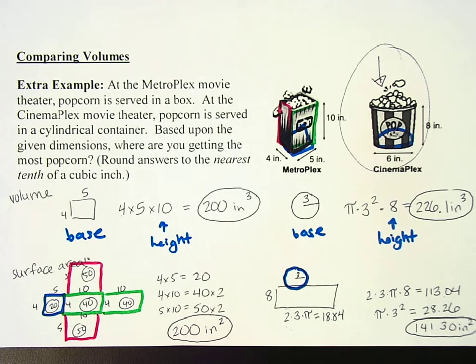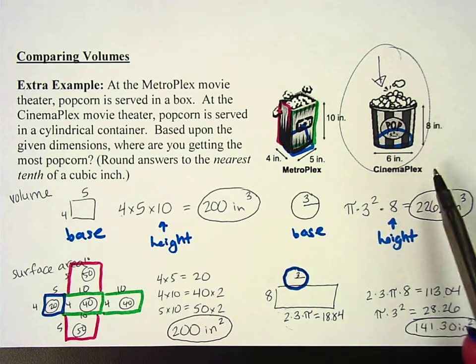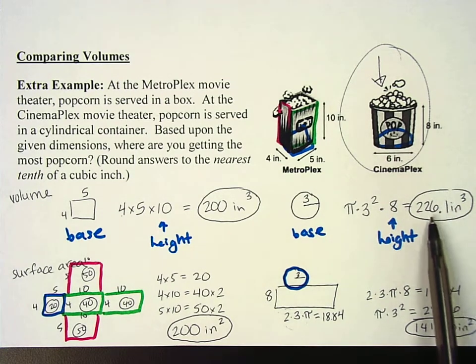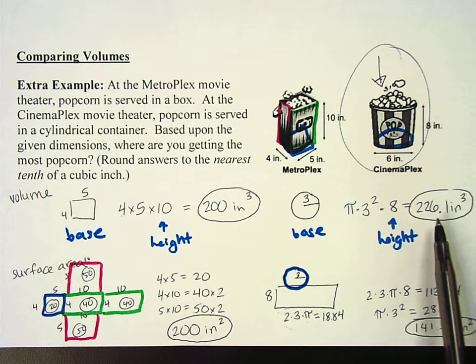Okay. So keep in mind, for the project, we're analyzing which one's better. You want a big surface area, that would cost you more money. Okay, bigger volume is the bigger container for how much is inside. Okay, so if I want the most volume, the biggest area inside of my box, the most that my container could hold, okay, but I'm actually looking for a smaller surface area because that's going to require less cardboard for me to make it. Okay, so in this case, if I was the movie theater selling it, it would cost me more for the popcorn because I would have more of it inside, but then it's a lot cheaper for my cardboard. Okay, so I would then